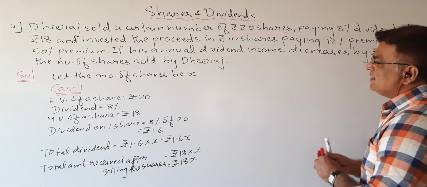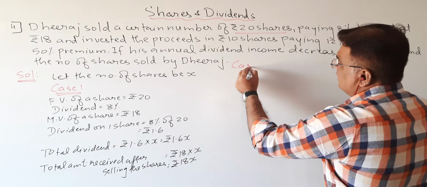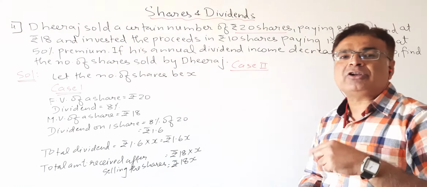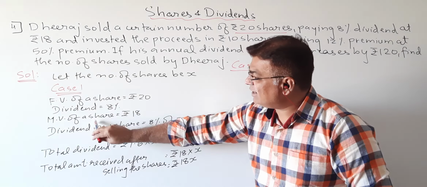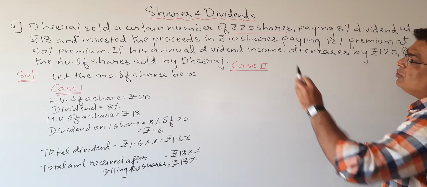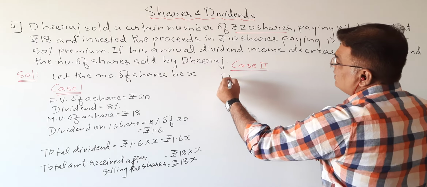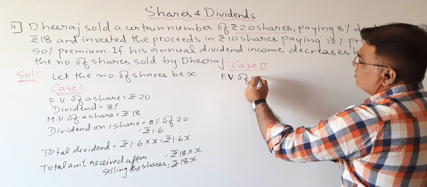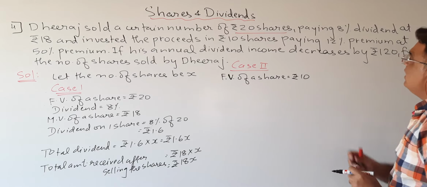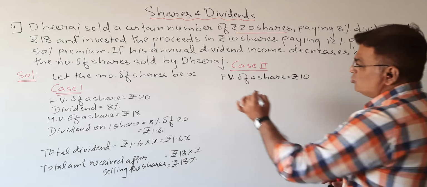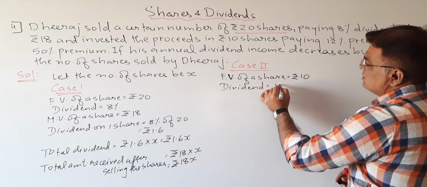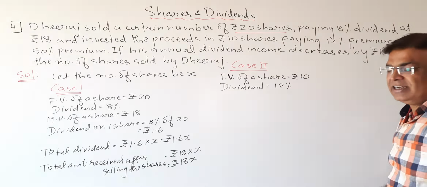So that will be our case 2. Write it in this way, so whoever is checking the paper, it is clear and they can understand that you are clear with the concepts. So please write all this data. Okay, so in case 2, what is given? An investor invests in rupees 10 shares. So the face value of a share is rupees 10. And how much is paid? 12%. So the dividend is 12%. That we'll find afterwards.